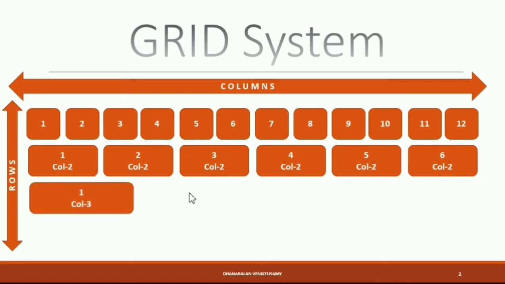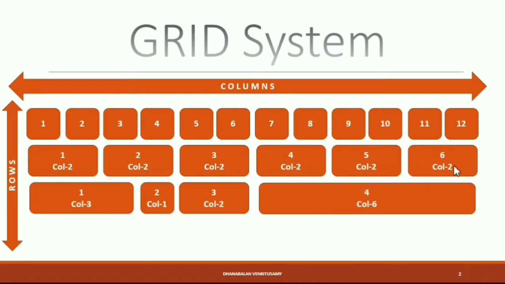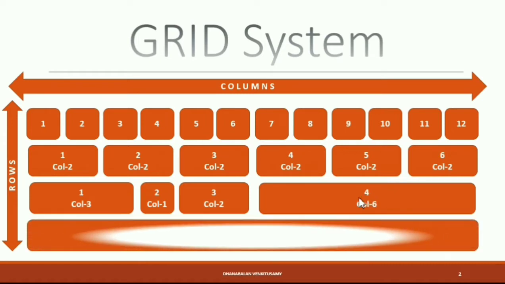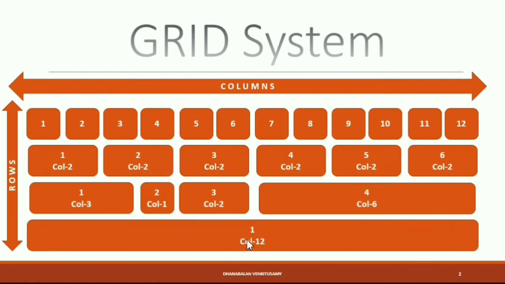Now I'm going to create unequal columns. It's not necessary that the columns will always be equal. So here I'm combining the first three columns into one column. So the size for the first is 3, and I'm going to create a new single column, and here I'm going to combine 2 columns into a single column. So now we have covered 6. The remaining 6 columns we are combining into the fourth one. So here also the count is totally 12. I can also give a single column the whole length of 12. This is also possible. You can give a 12 column length for a single column.